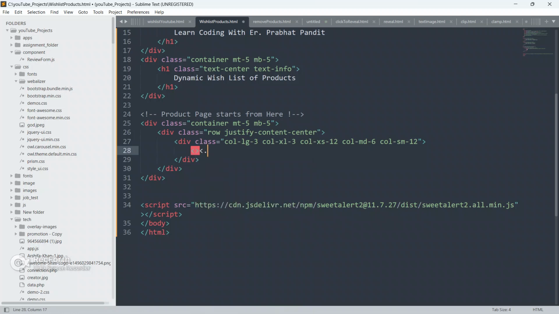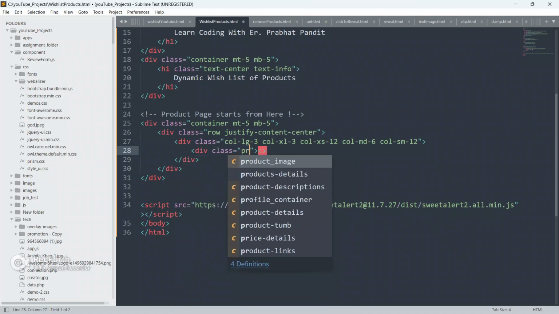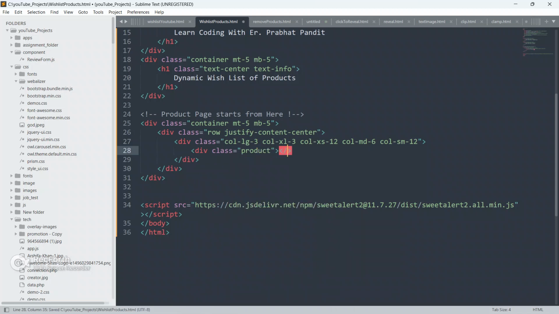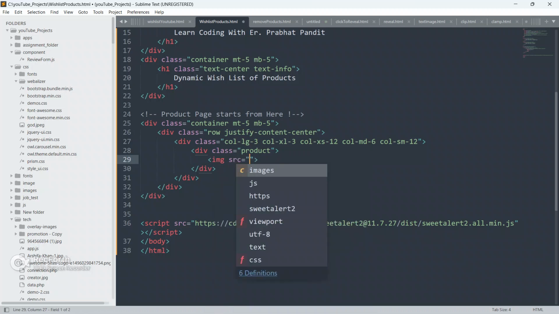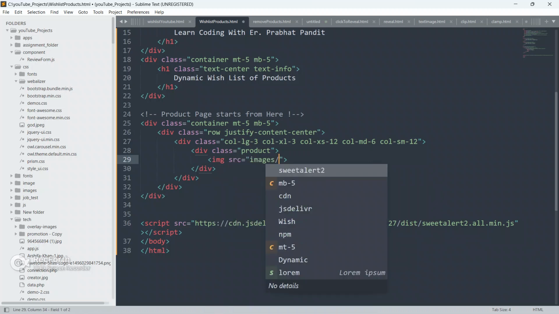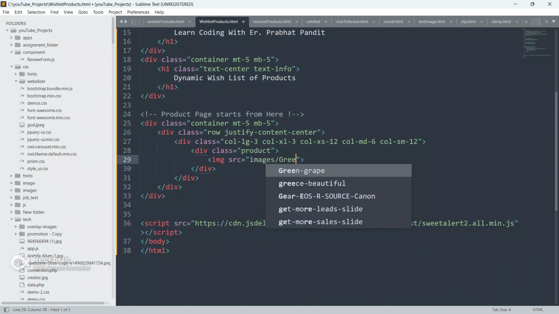So now I'm gonna create another div inside this div, and another div, give it a class as product only. Okay, product, and close this div, and inside this div I'm gonna create an img element. So img, give src images, forward slash, and give green,